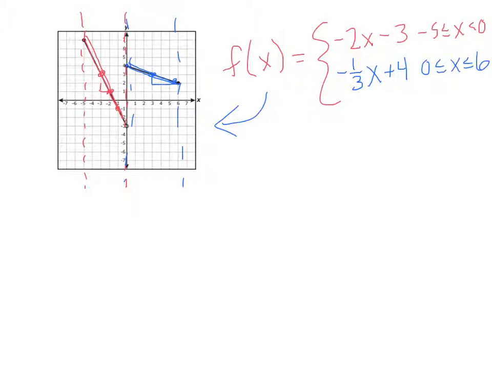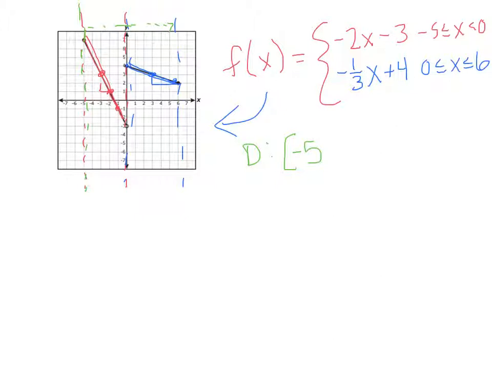Now, it's important to be able to write what the domain and range are of your piecewise function. So we're going to look at those, because even though we have a couple domains and ranges listed in our piecewise function, if I wanted to write the domain and range of the whole thing, we would have to look at the whole thing as one big picture. So for the domain, and I'm going to use interval notation because I really like interval notation, we see that our function starts here at negative 5, and it's a closed circle, so we have a bracket and negative 5. Then as we move to the right,